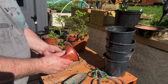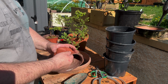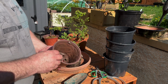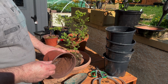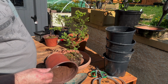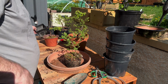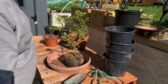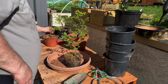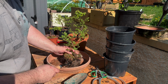These pots are some of the wee flimsy ones that I got from, I don't know, eBay or somewhere, I think. I was quite surprised at how flimsy they are when I saw them. But they seem to have done a better job of keeping these things alive than the pond baskets, especially that plant. I mean, the bigger pond baskets have really helped some of my other plants, my trees. But goodness knows what's been going on with that second Blackthorn. Just a bit of a shame,